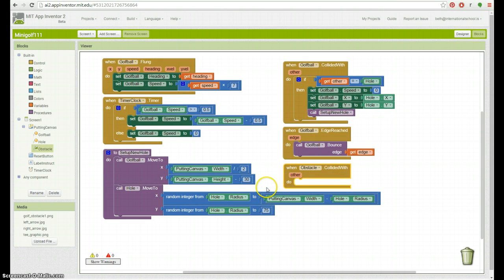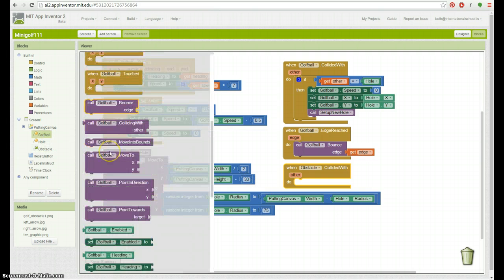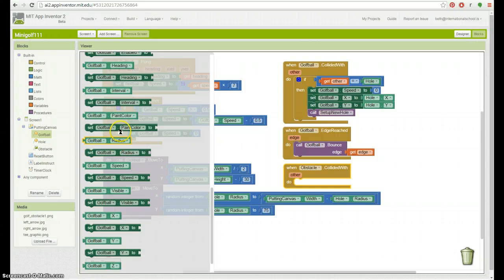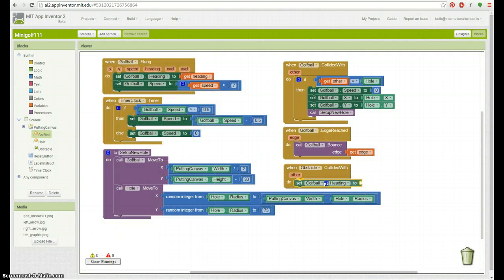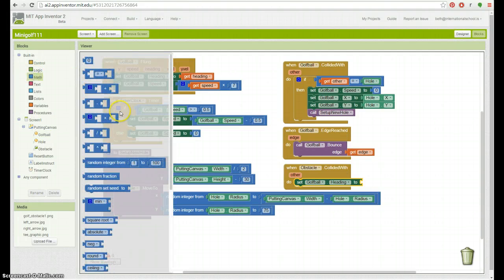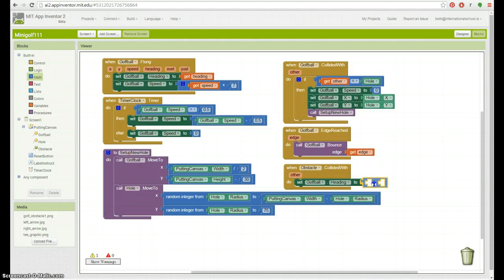Here we go again. Click golf ball. Set golf ball heading to. Here we go. We're going to click that into place. Okay, so what are we going to set the golf ball heading to? Well, we definitely want to go ahead and establish that it's going to bounce in the opposite direction. And when we have math and we say opposite, we mean subtraction. So we're going to go ahead and put a subtraction block at the end. We're going to put the number 0